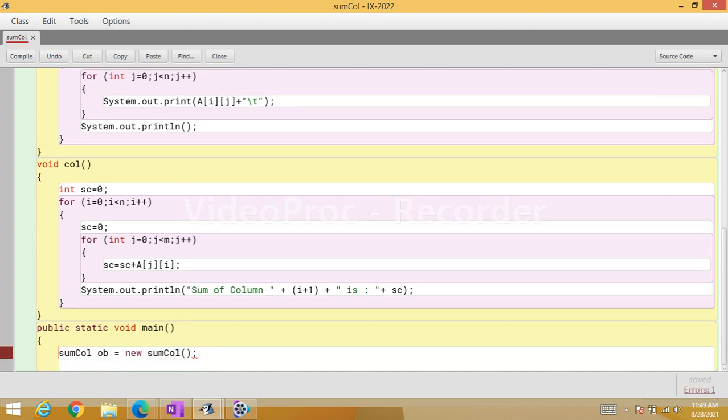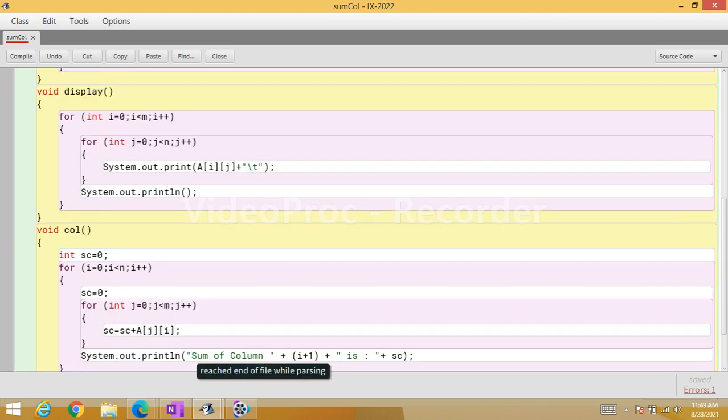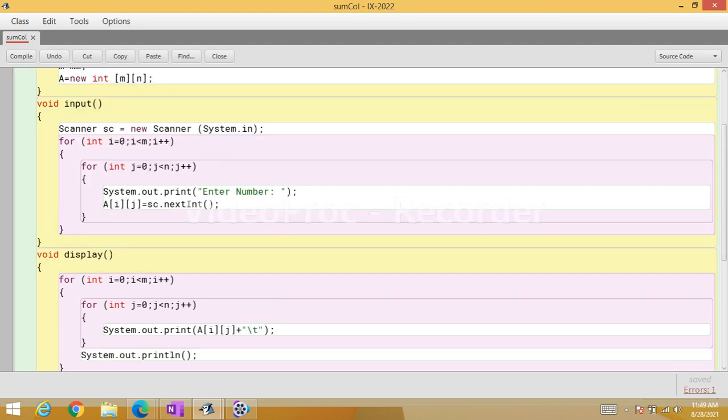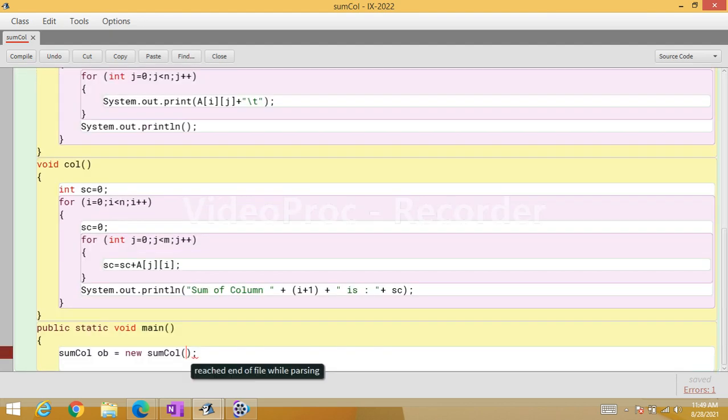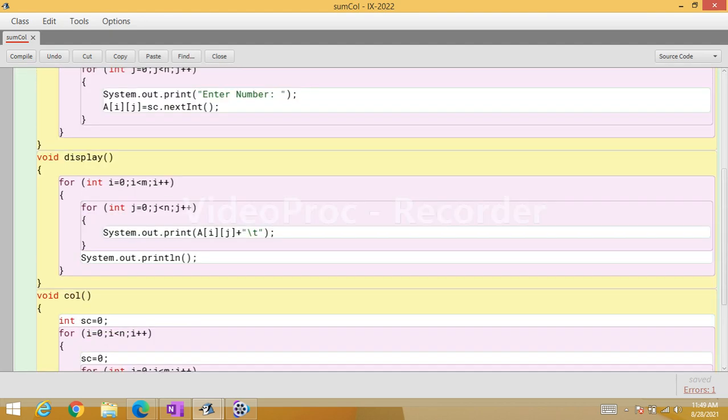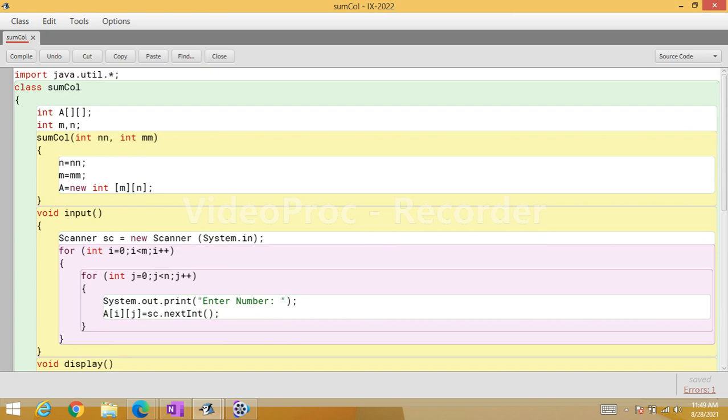Can we leave the bracket blank of the Sumcol? No, sir. Why? Because the Sumcol constructor is receiving two parameters, that is the dimensions: the number of rows and the number of columns. That means the number of rows is the first parameter and the number of columns is the second parameter.